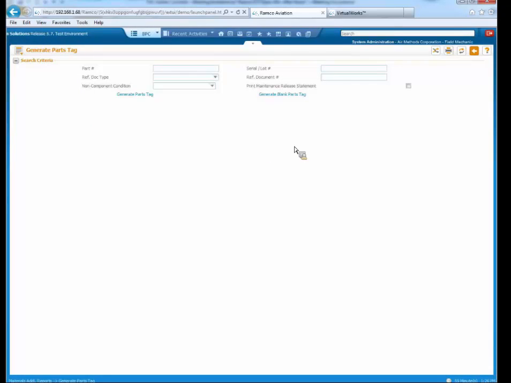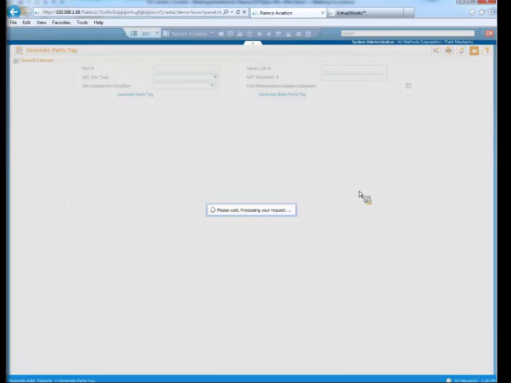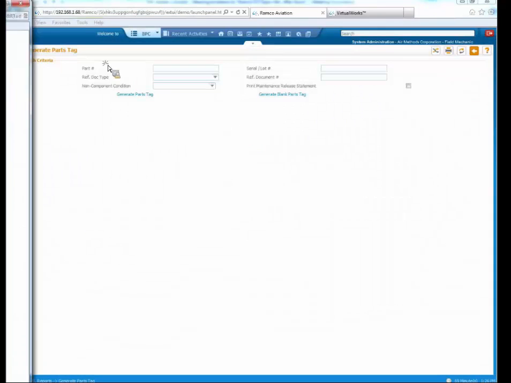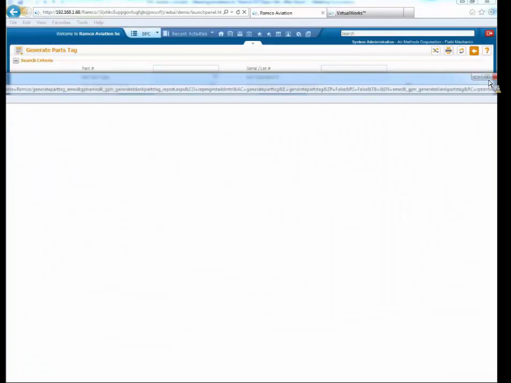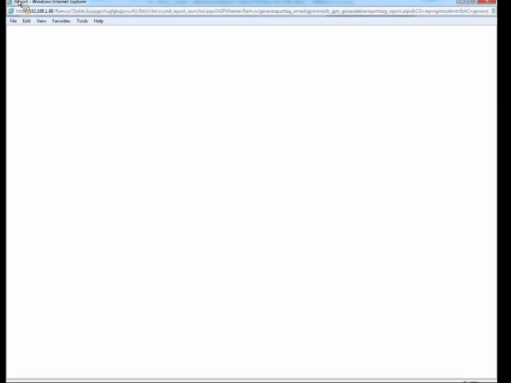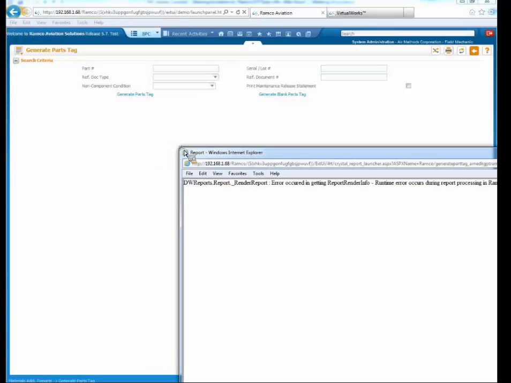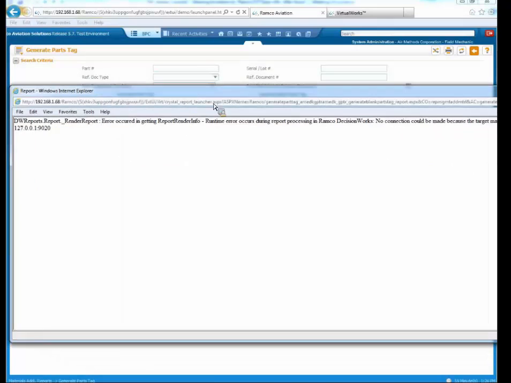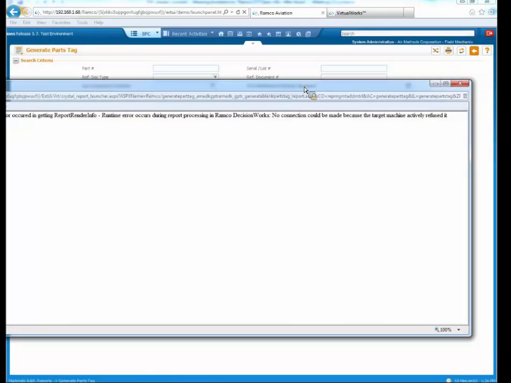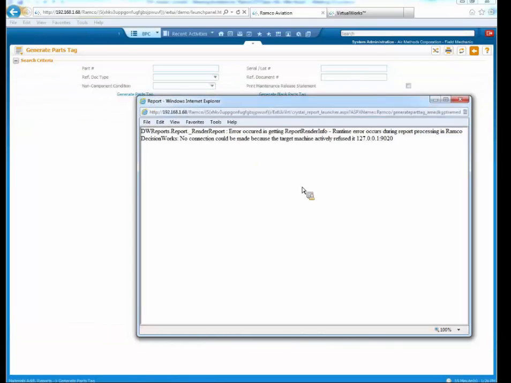There's also the shortcut for it on the Discrepancy tab. So we'll pull up our blank parts tag. And this looks like it's working better, so we'll see. Nope. All right, so in the parts tag, and it's not pulling up now, sorry about that, but it'll bring up